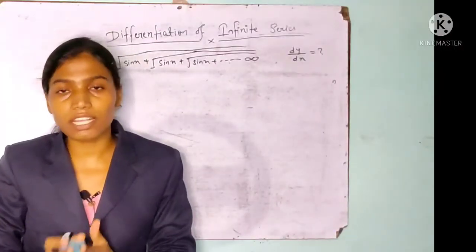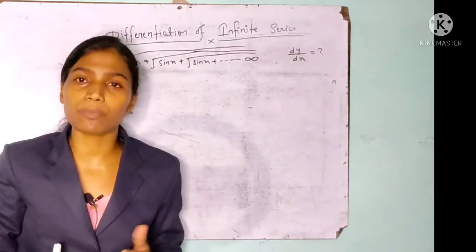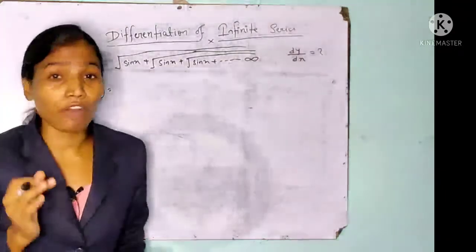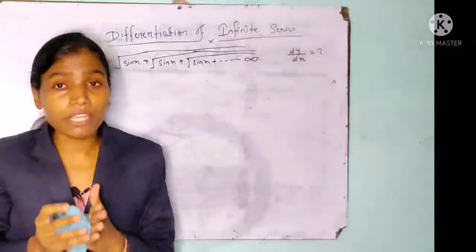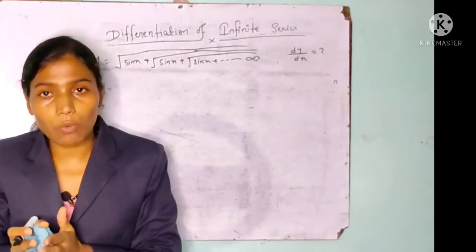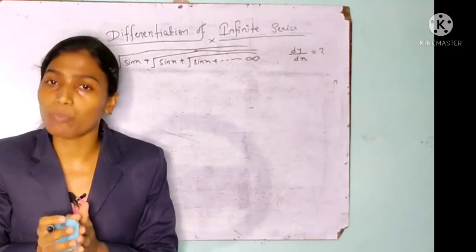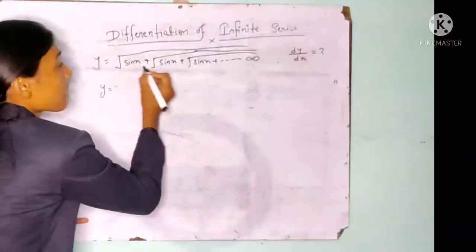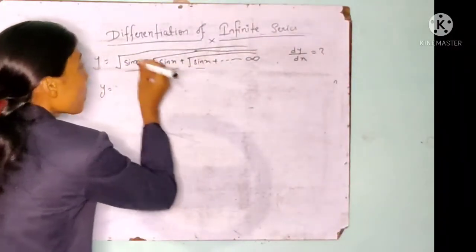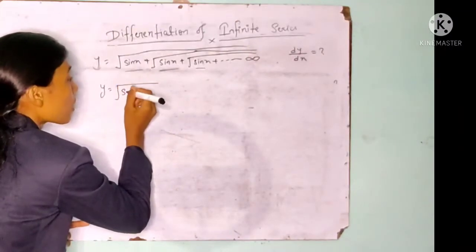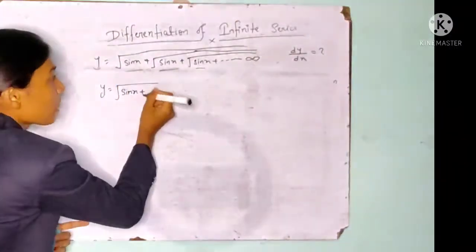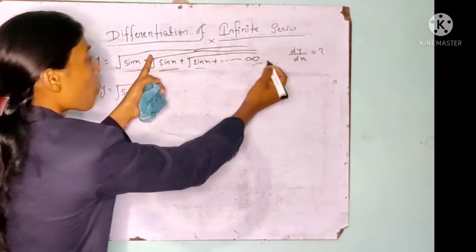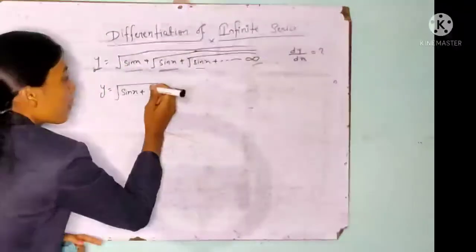If we take out a single term from an infinite series, the series should be unaffected. Same rule we apply here, y is equal to, and also one most important point what I said: where we get a repeated term, we take one term out and the remaining is equal to y. Now remember that and apply here. See, sin x should be the repeating term. So one sin x I am taking out because it's all under root. If one term I take out, remaining is sin x plus sin x dot dot dot so on. This function is equal to y. So I am putting here y.